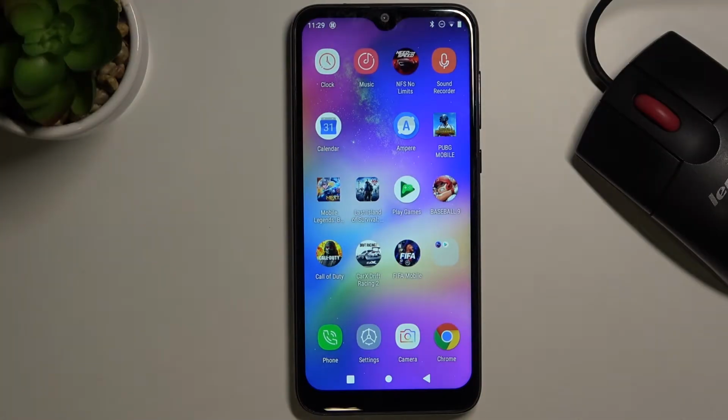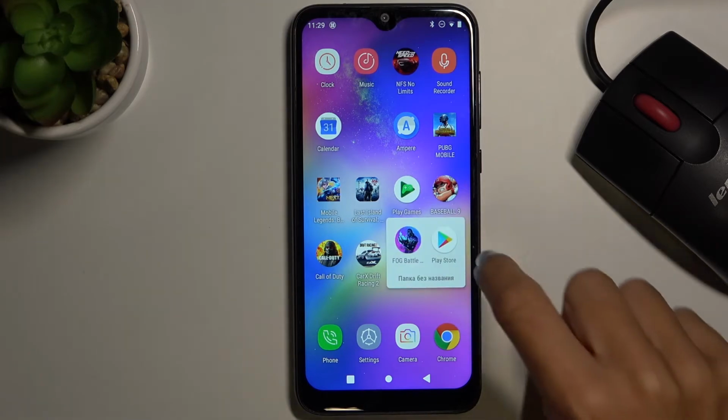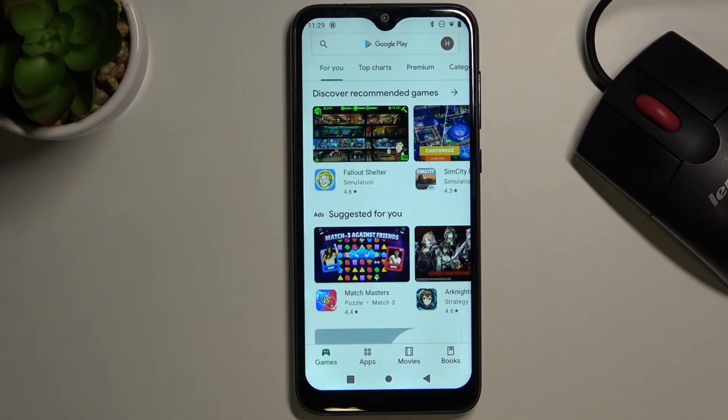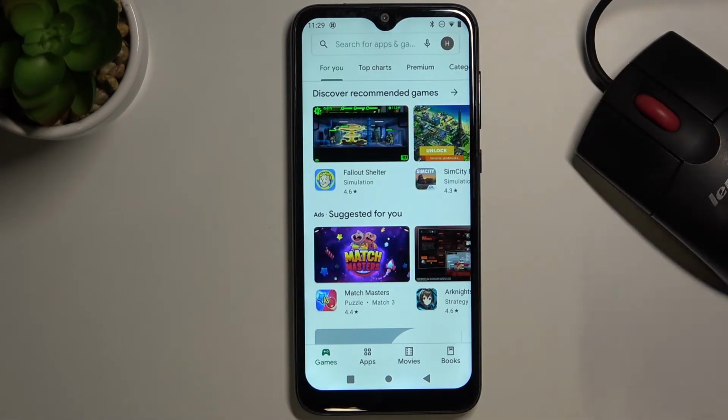In front of me is OUKITEL C15 Pro, and let me show you how to update your apps on this device. So first of all, you need to locate and open your Play Store. In my case, it's hidden right here. Then tap on your account icon